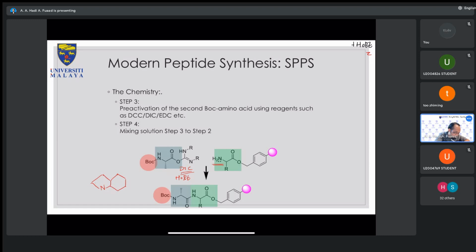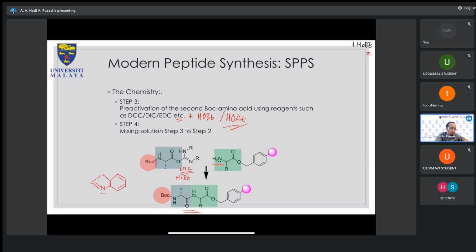1, 2, 3. Oh, I think I missed one. Yeah, it's correct. Okay. Right, and this has another kind of intermediate in the middle before it actually forms the amide bond. Okay, but nonetheless, this is just a basic step. That's why I put etc. there. HOBt or HOAt, HOCt. There are a lot of chemicals that can be substituted here.